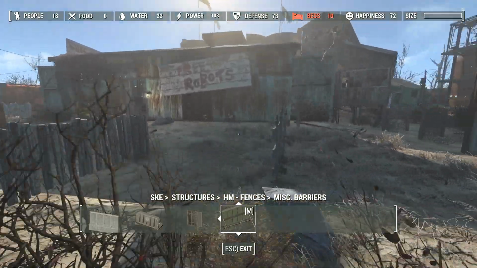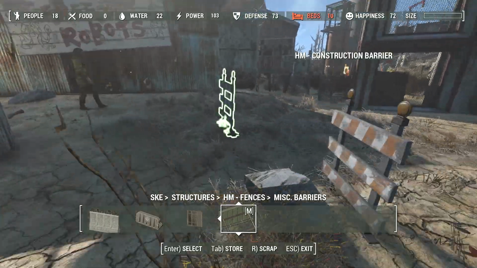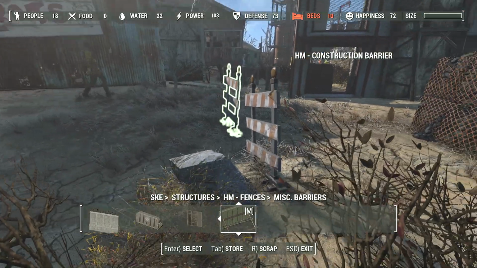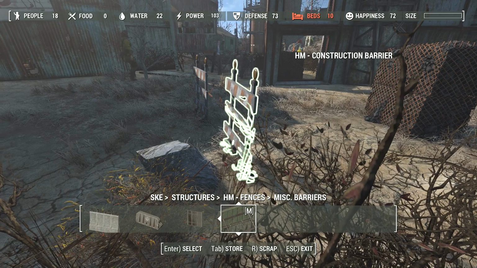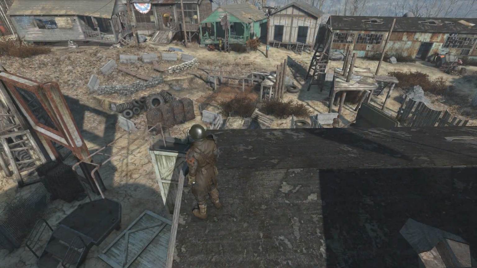Now to hop over these barriers, I'm thinking some kind of wooden platform. Now here's a quick peek for what the final product is going to look like, but let's take just a